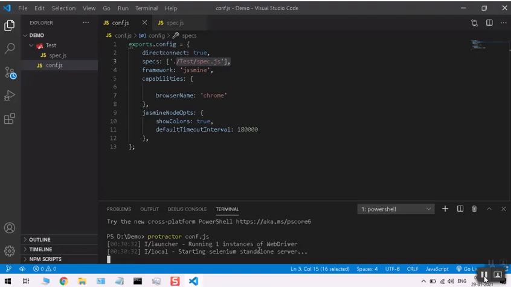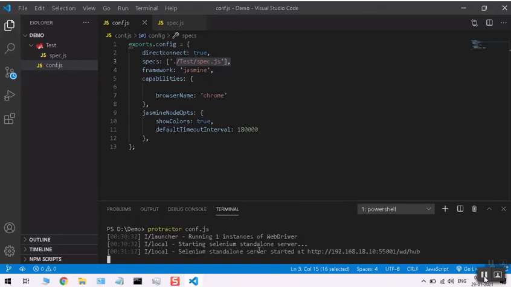For non-Angular sites, it's good to use Selenium. For Angular sites, protractor is the best one. It started. The Selenium standalone server is started.